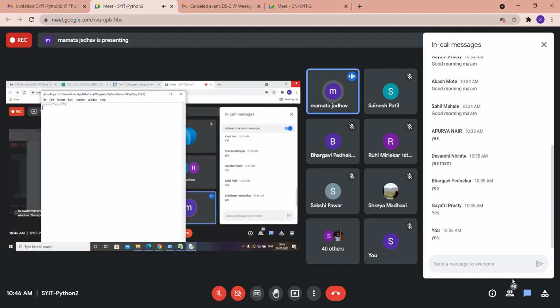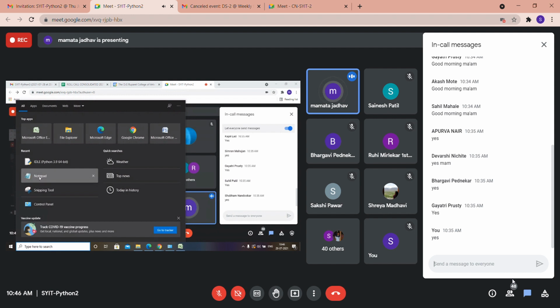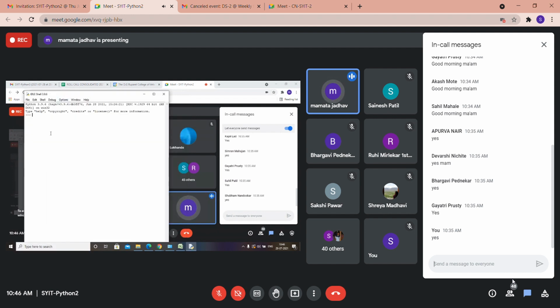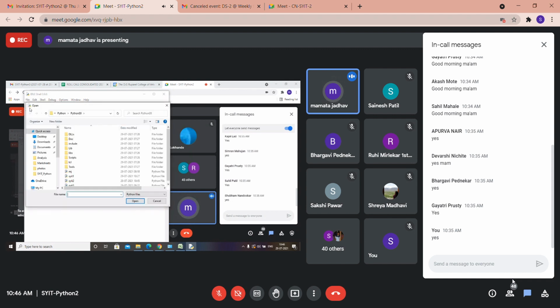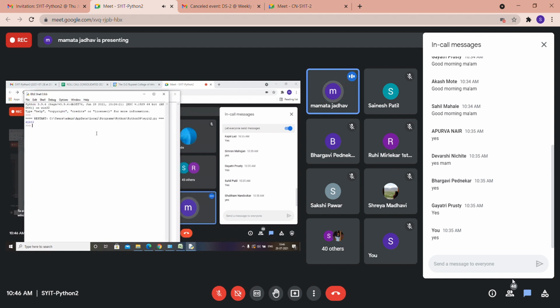Getting it? If I'm closing it, and also closing the file, suppose I'm again opening IDLE Python. Now whatever was written in interactive mode has vanished completely, but you can open the file which you have created, which is syit2, and you can run this file an infinite number of times to get the output. Okay, so this is the advantage of writing bigger programs into a file.